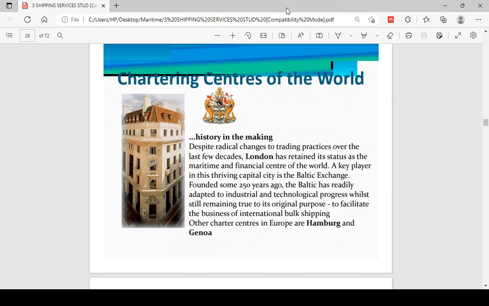I'll call it bartering. The cargo owner says, I will give you so much. The ship owner says, I'll take so much. They will talk back and forth, and then they will also agree on the various terms of carriage. Just like you have certain terms and conditions on the bill of lading, you also have terms and conditions on the charter parties, a whole lot of them. And they have to agree on these terms before the cargoes are carried.